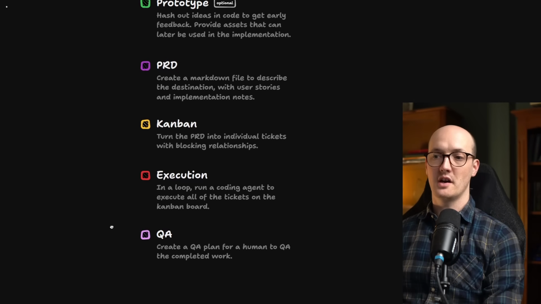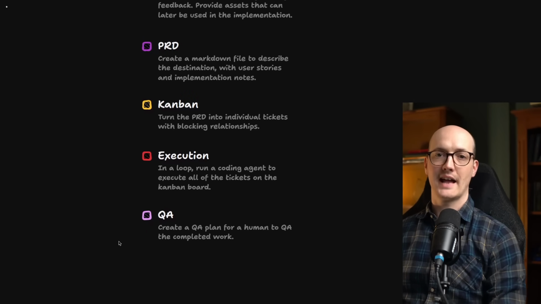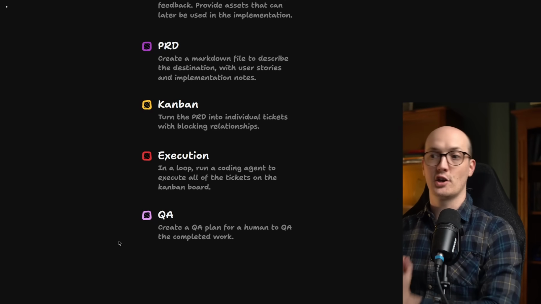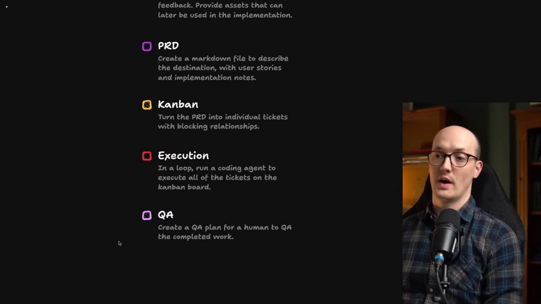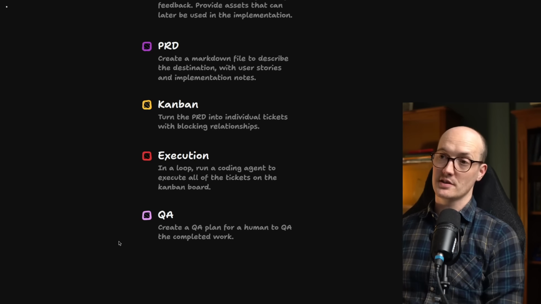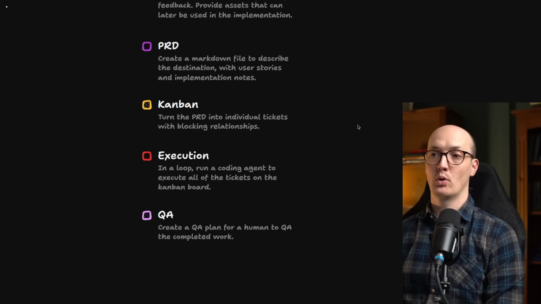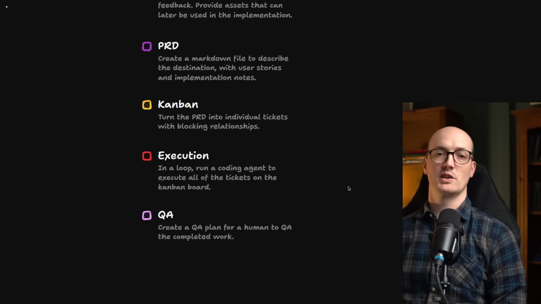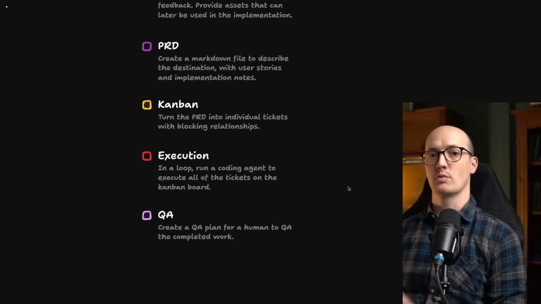Now, finally, once you're done with execution, you've got a completed asset for you to actually look at, then you get the agent to create a QA plan for the human to QA the completed work. And what this usually results in is more tasks in the Kanban board and going through the execution loop again. So you will tend to loop these last 3 steps quite a few times until you iterate towards a perfect